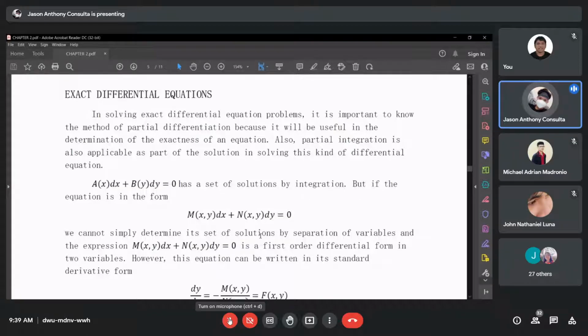Yung kaninang sinosolve natin, yung finding the general and particular solution sa first topic, para hindi malito. Ang form nun is M dx plus N dy, as a set of solutions by integration. But if the equation is in the form,